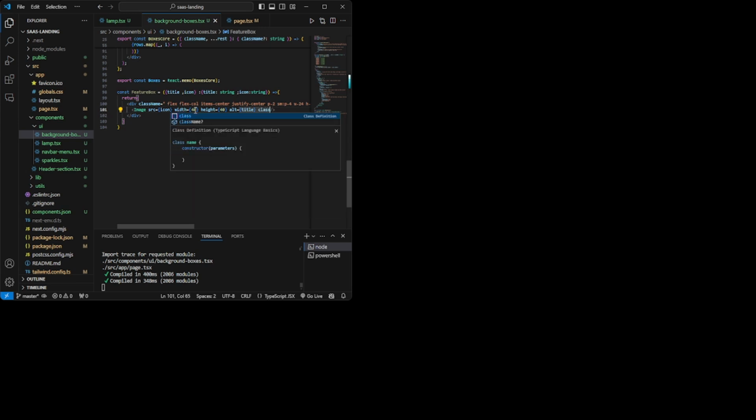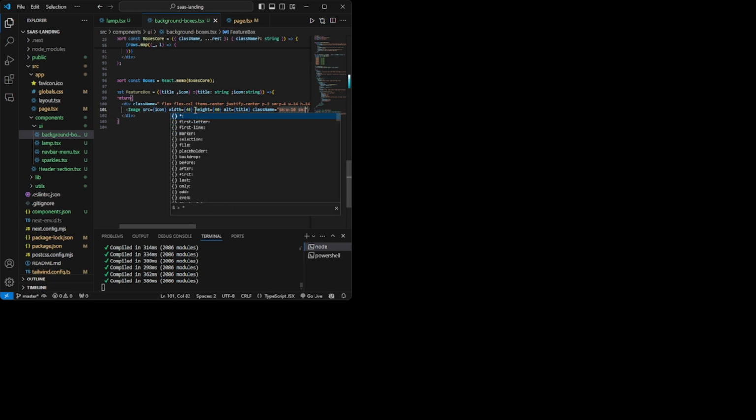Then we're going to give some class name. I want to give it a width of 8, height of 8. No, I don't want to give it a height and width, I've already given them. In my small devices, I'm going to give width of 10, then again small devices, height of 10.